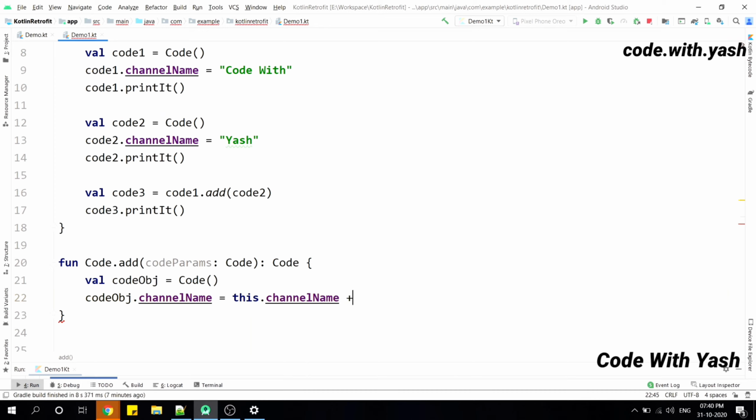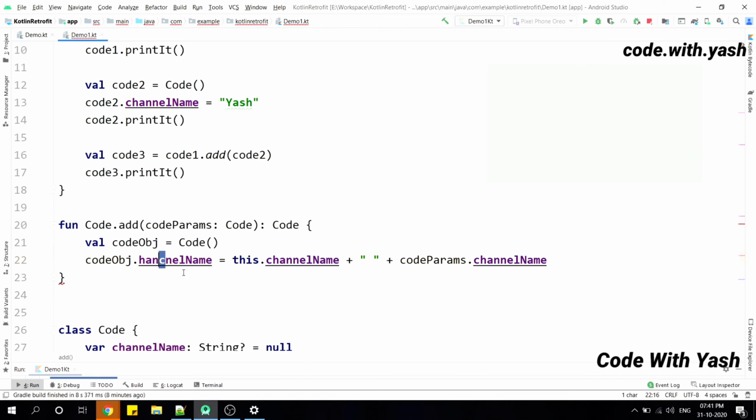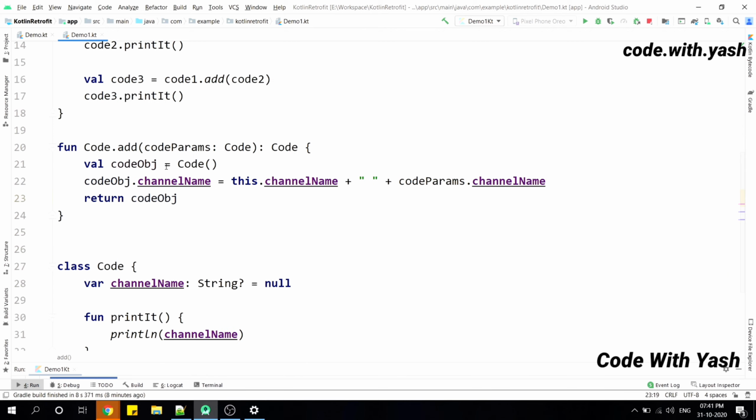Now we need to add the second one, which is code2, and code2 we are passing in this add method, in this codeParams. We can use codeParams.channelName. By adding these two strings, we are assigning the result to this channel name. We just need to return this codeObj. This will work perfectly fine.